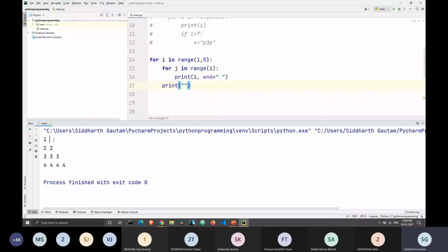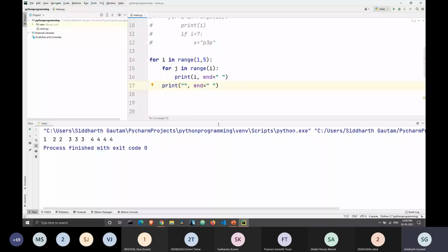Since we don't have end equal to blank space in this print, it automatically contains a line break. That's why after every number, we automatically go to the next line. And if I write end equal to a blank space here, then we will go back to our old pattern of 1, 2 2, 3 3 3, and 4 4 4 4.